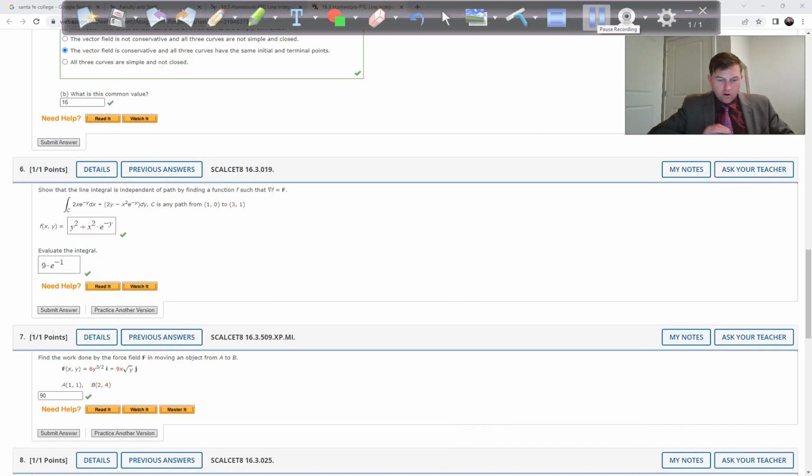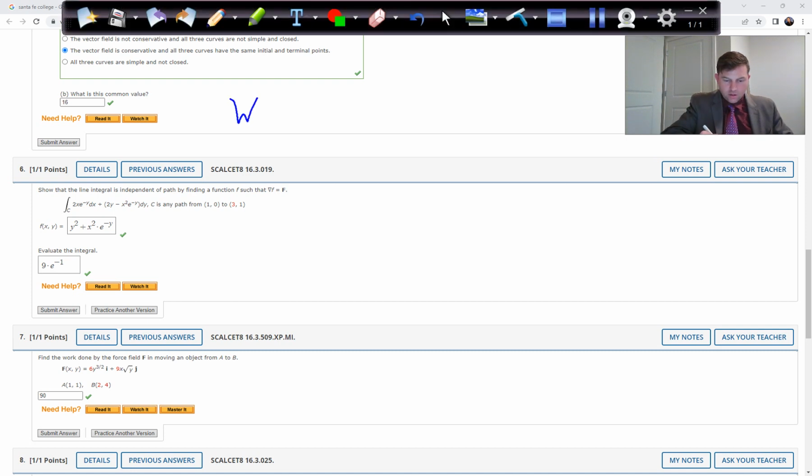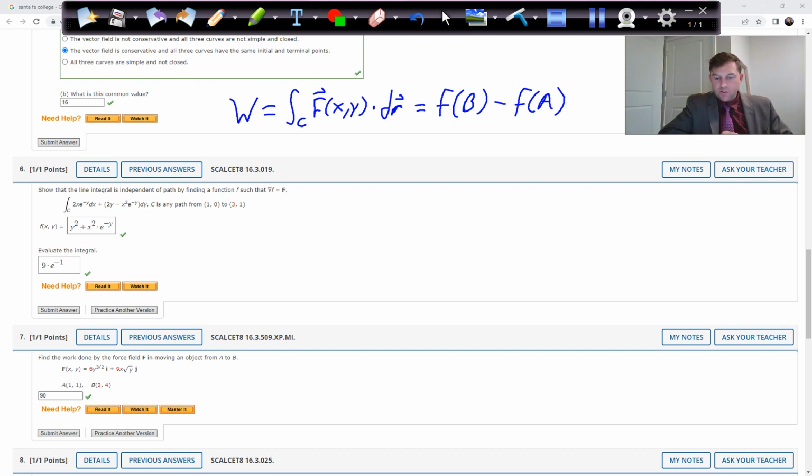Okay, problem 7, we are going to use work. So we're going to find the work done by the force field F in moving an object from A to B. Work is the line integral of the vector field F dotted with dr, but we're going to simplify that to f of b minus f of a. I can only do that if the vector field is conservative. So we can do this if